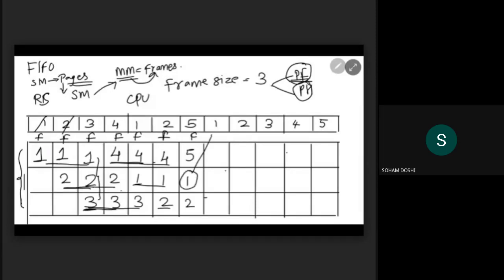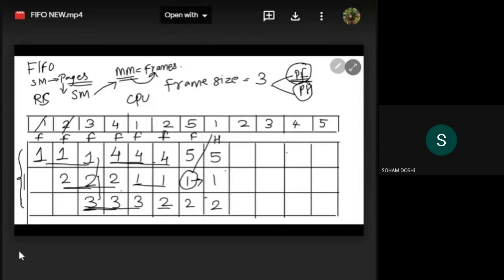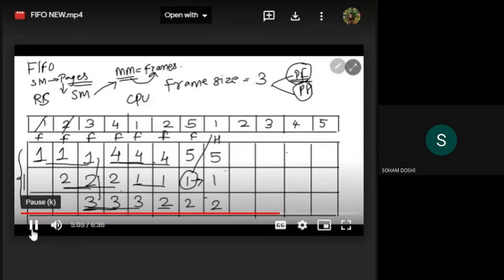Now to load 1, 1 is already there inside the memory. So do not reload it, simply copy it with all the remaining pages, where we have a page hit. Why? Because I was searching for 1 and it was already found, and hence there is a page hit. Is this clear? Why did I not reload 1? Because it was already there in the memory. So if it is there in the memory, copy it in the next frame as it is and note that there is a hit. Clear? Yes, ma'am.